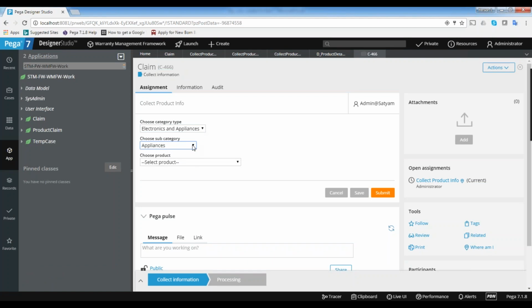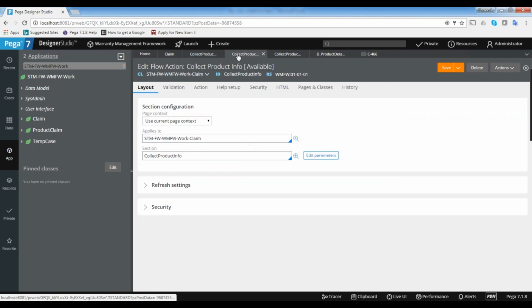So what is the first step you need to do? First you need to verify whether this value is correctly set in memory or not. If the value is set, next you need to think about whether this rule is configured or not. That is the debugging approach. Here when I select motors, I am getting correct values, so there is no issue. But let's assume it is not behaving as expected, and it is again displaying all the categories. There may be two reasons. I will show you that one as well.